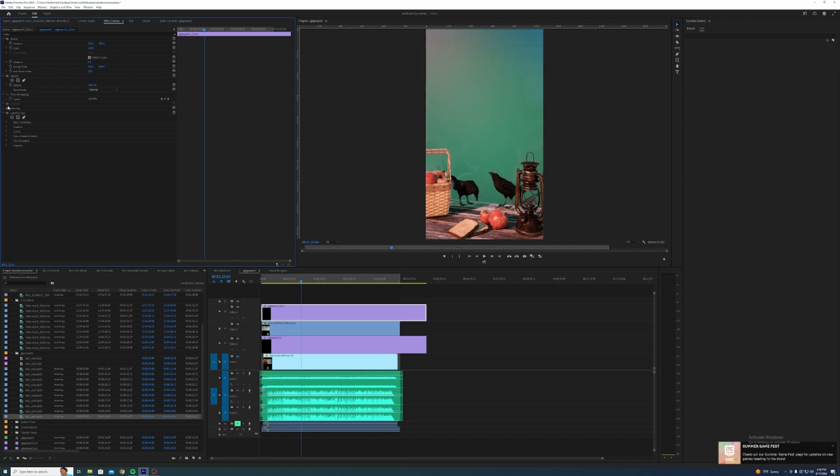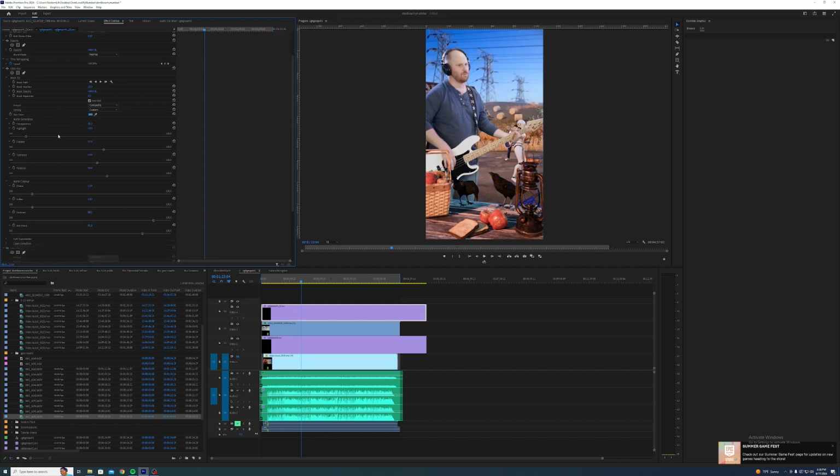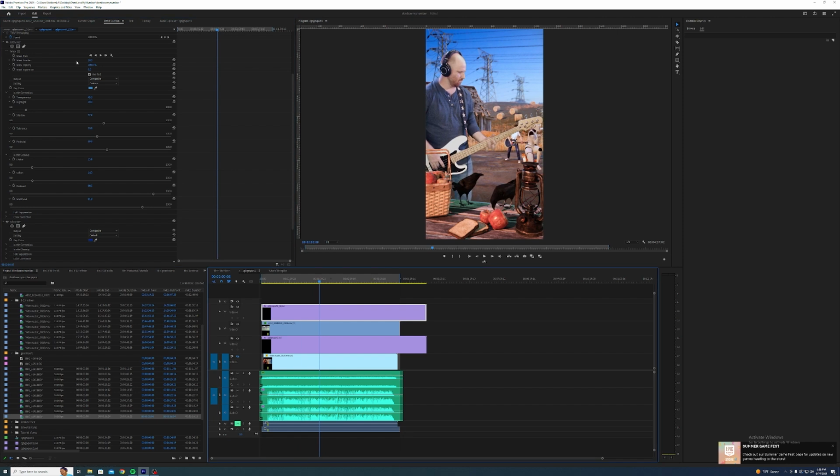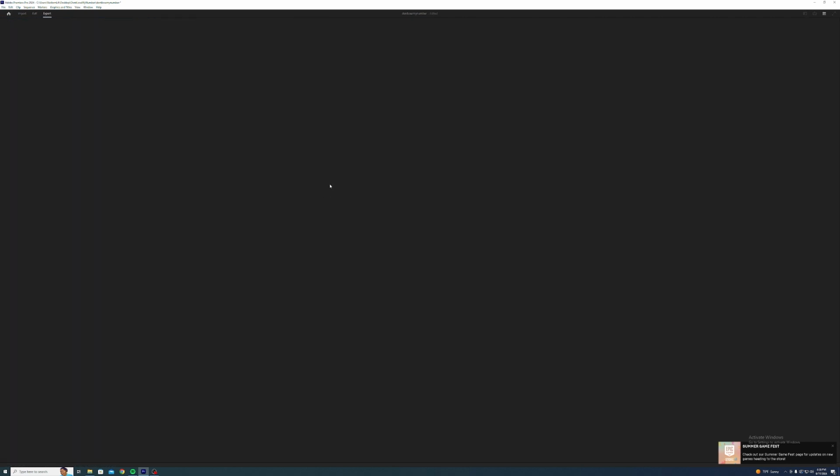So if I turn both my Ultra Keys off, you can see that there are some shadows here with this lantern that are a darker shade of blue than the rest of this. So here, rather than selecting green with the eyedropper, I've just selected blue. And then I've gone through with all these constraints and just kind of noodled on them until I got something I thought looked decent. I just did a second one of these Ultra Keys as a pass for those little blue shadows there, and the secondary Ultra Key filter runs that. So then I'm able to just go to my export tab and